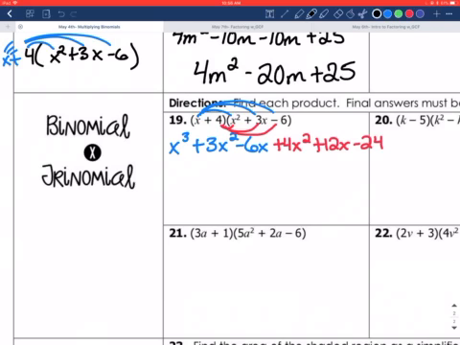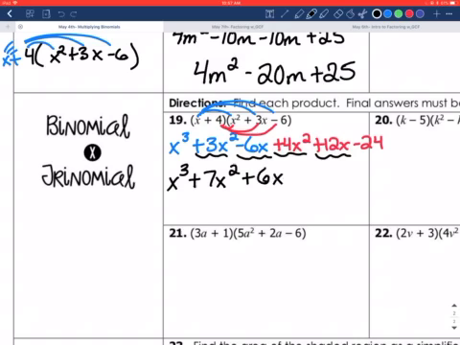So now we see we have some like terms, and we have some that are by themselves. X to the third, there's nothing else there. But we do have a 3x squared and a 4x squared, which will give us 7x squared. After that, we have a negative 6x and a positive 12x. So combining those terms, those signs are different. Those signs are different, so we will